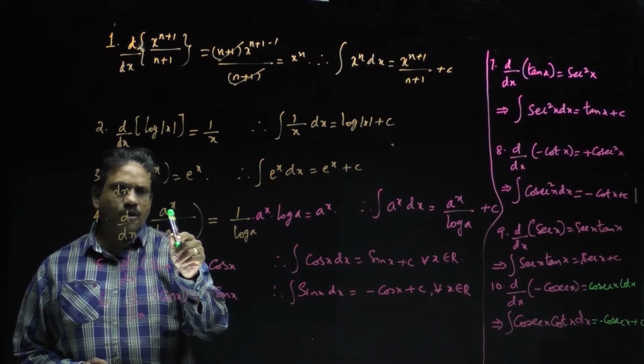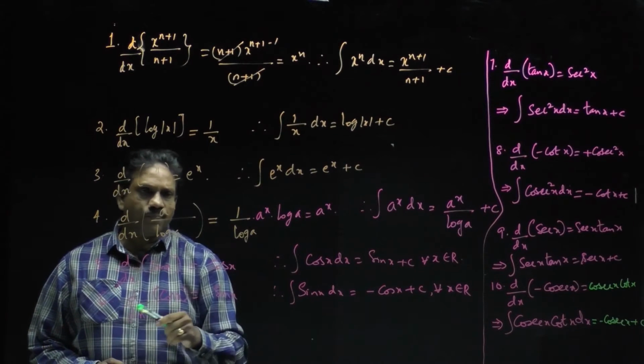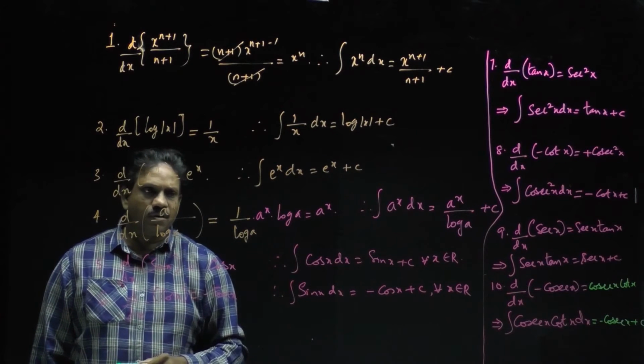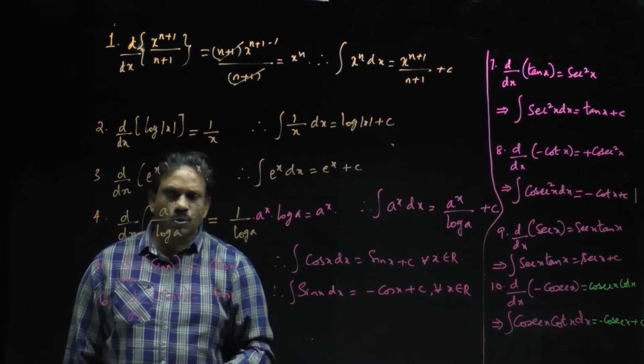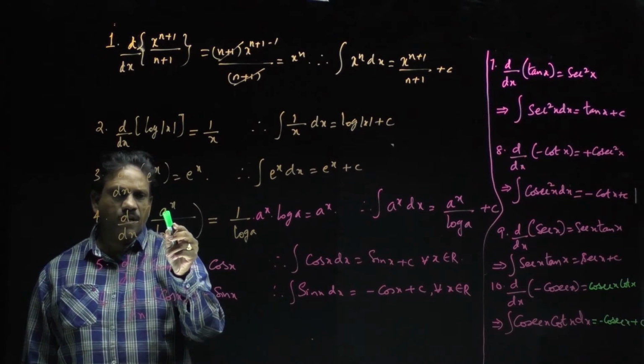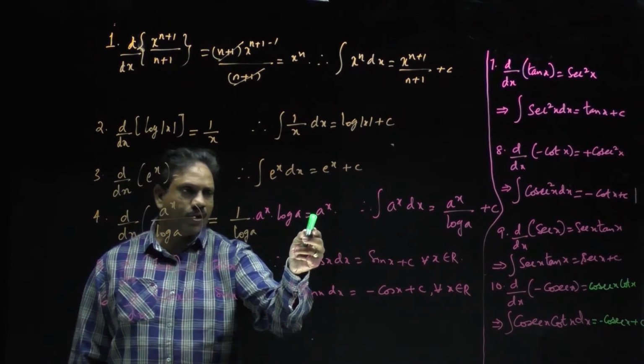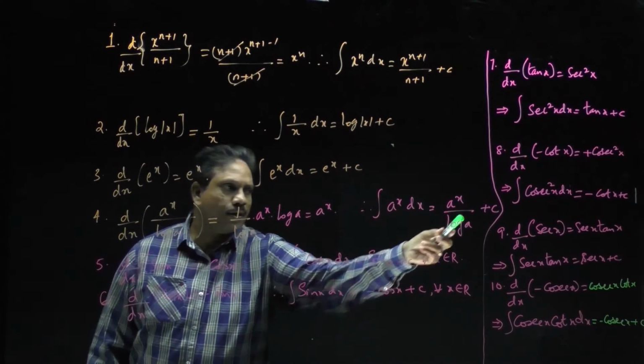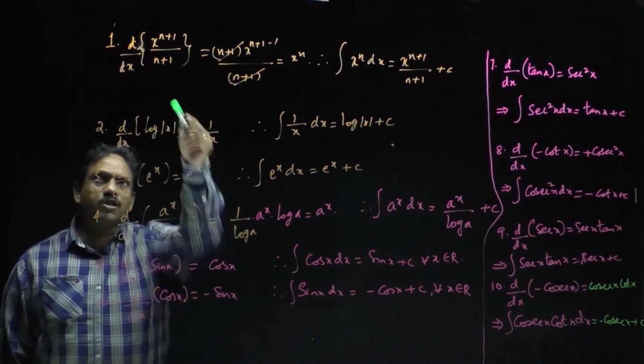You know that the derivative of a power x is a power x log a, and also 1 by log a is there. Cancel both logarithms. What did you get? A power x. So the differential coefficient of a power x by log a I got as a power x. Now the integration of a power x is a power x by log a plus c. So these four are